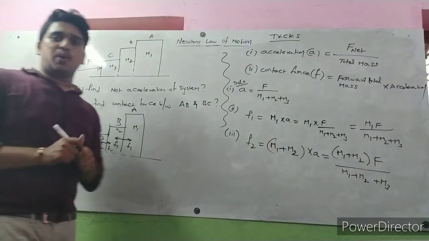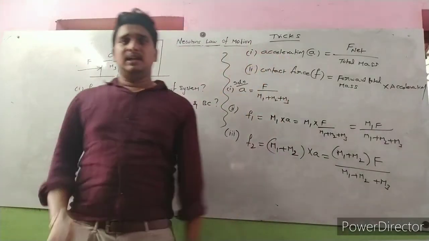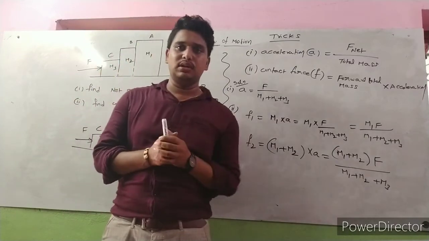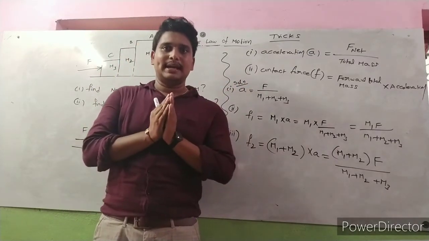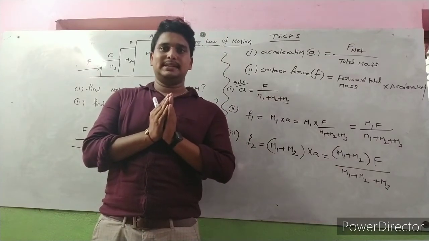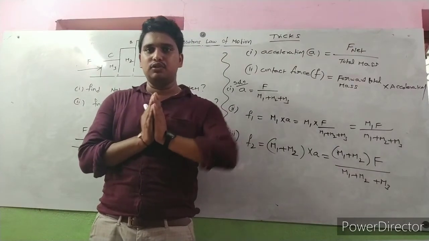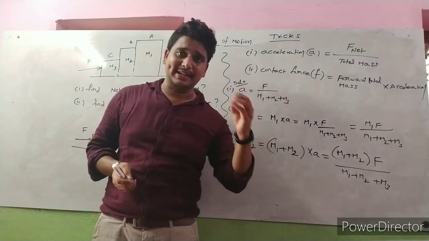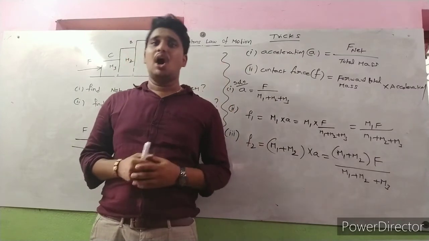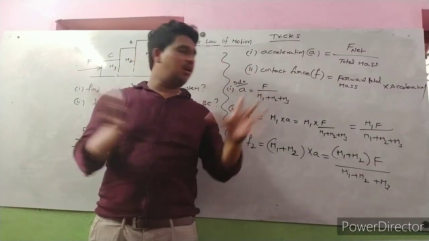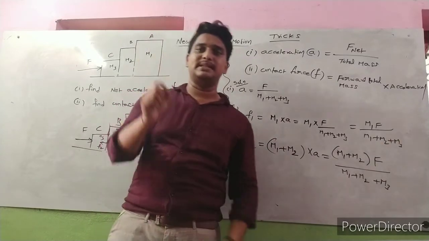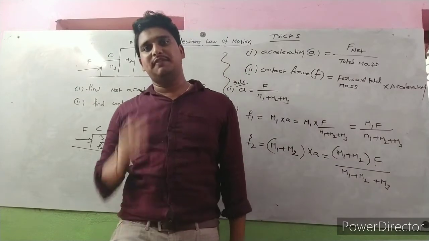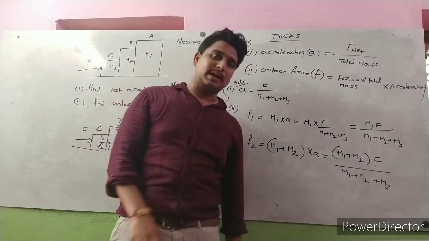So this is overall about today's lecture. I hope you all understood this lecture. Today we mainly discussed contact of two bodies and connecting two bodies with the help of a string. How to find contact force, acceleration of the system, and tension are all found using simple tricks. Acceleration means net force by total mass. Tension means backward mass into acceleration. Contact force means frontward total mass into acceleration.